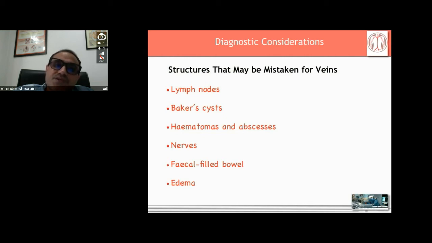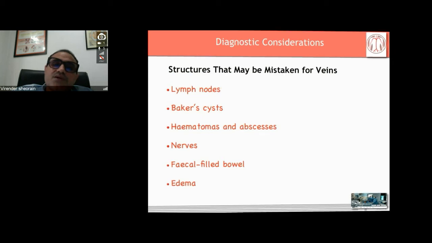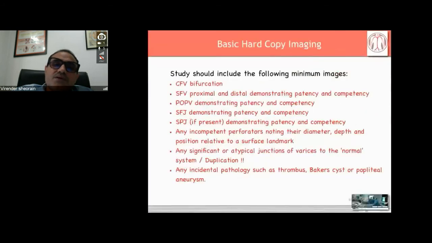With clinical examination, because there is a swelling, tenderness, it is the sonologist's or the doctor's job to differentiate between the DVT and the Baker cyst, because the management changes drastically. In a ruptured Baker cyst, one would avoid giving anticoagulation, which is a must while treating a DVT. There could be hematoma, there could be abscess, sometimes neuromas. So these are certain things which can be mistaken in your early phase when you are starting Doppler.